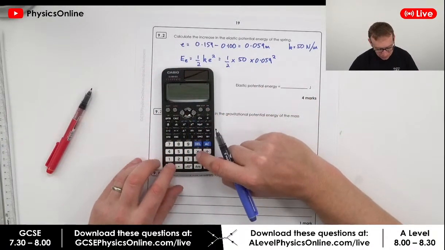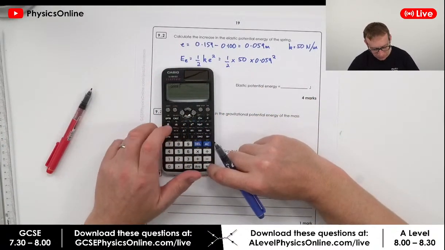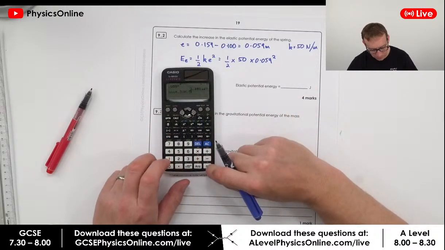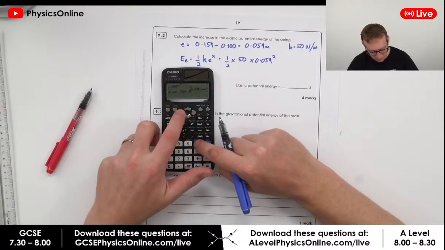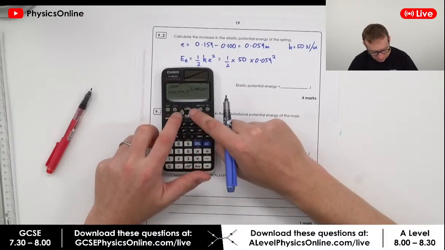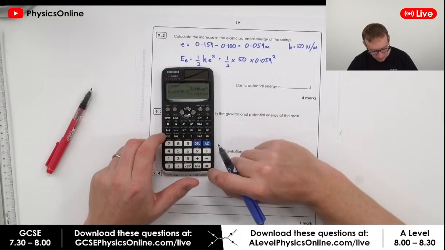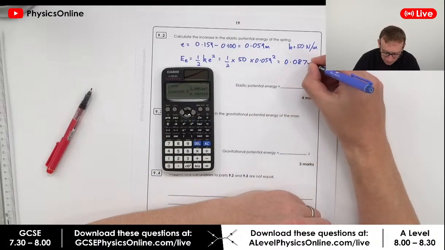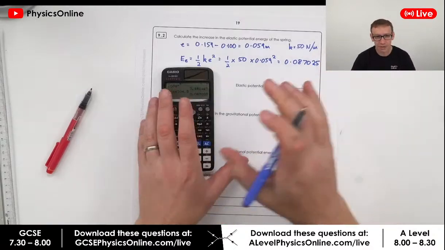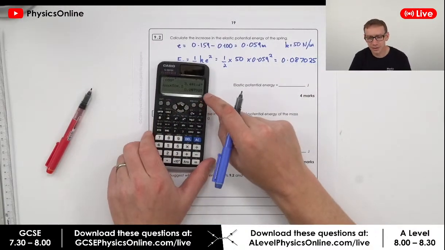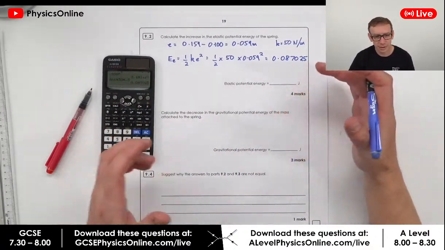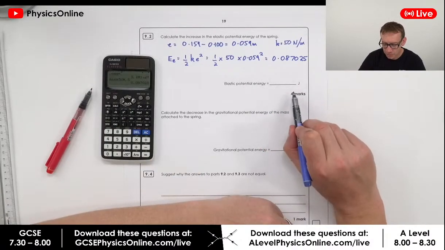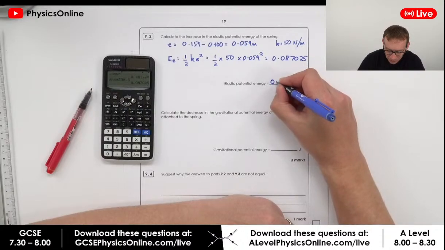Now I would say for something like this, the way I do this on my calculator is the first thing I would do is put 0.059. I'd square that and get this number here. And then I'd multiply that by 50 by 0.5. And that gives me an answer equal to 0.087025. Now, I've written down the full number on my calculator, because I might need to use it later. And then I'm going to give my final answer to an appropriate number of significant figures, which I'm going to say is